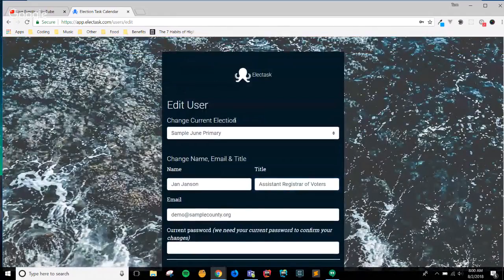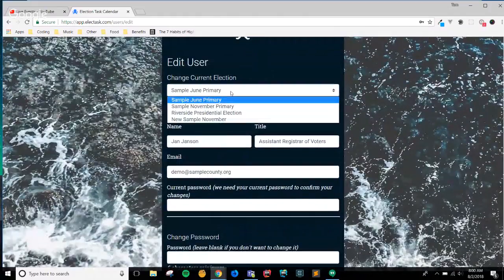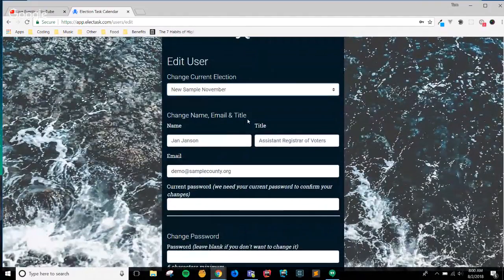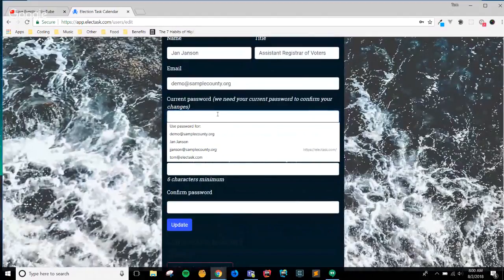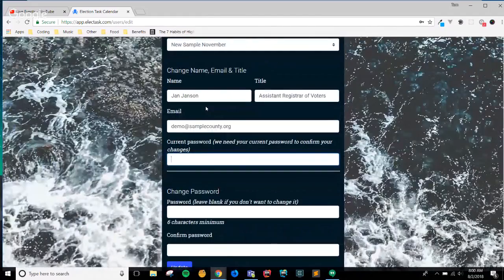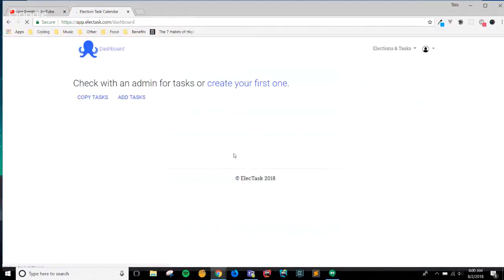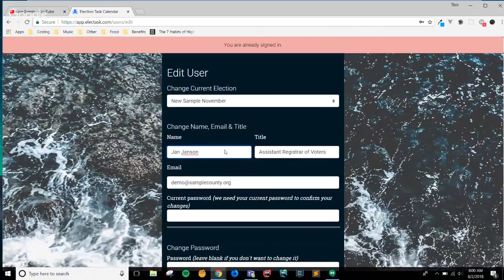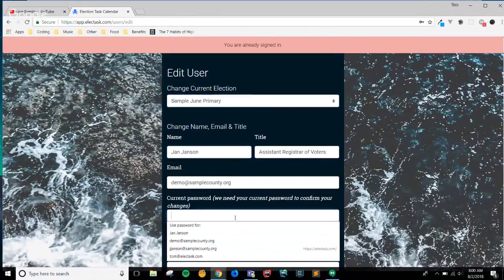But let's say I don't want to work on June sample primary anymore. I want to start working on new sample November. Let's say, for whatever reason, I finished a few things in June and need to start on November. So I can come down here and update that. And now I can see, since this one doesn't have any tasks, that I'm currently working on new sample November. So if I want to go back to June, finish a few things up,